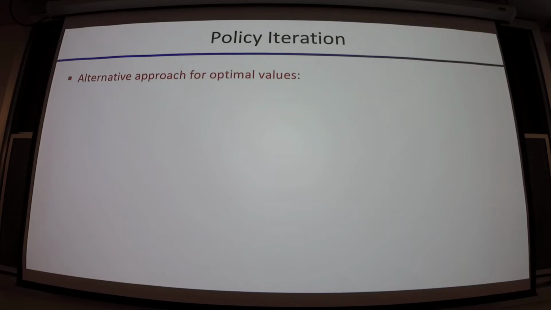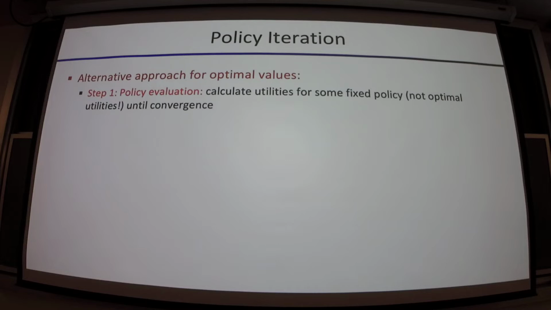Here comes the new stuff. We're going to define this algorithm called policy iteration, and this is going to be an alternative approach for calculating our optimal values. So we're going to get v stars out eventually, but in practice it's going to work much faster. And the idea is, as given by the name, we're going to iterate on suboptimal policies, improving policies, evaluating the improved but still suboptimal policy, interleaving this notion of improving the policy, evaluating the quality of the policy, improving the policy, evaluating the quality. Make sense? Policy iteration. Okay, step one, policy evaluation.